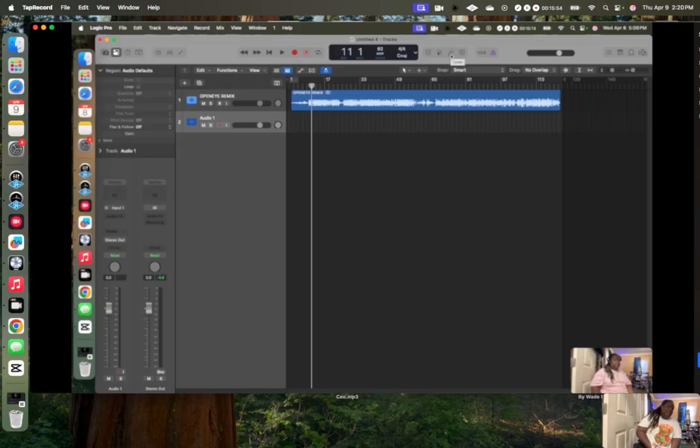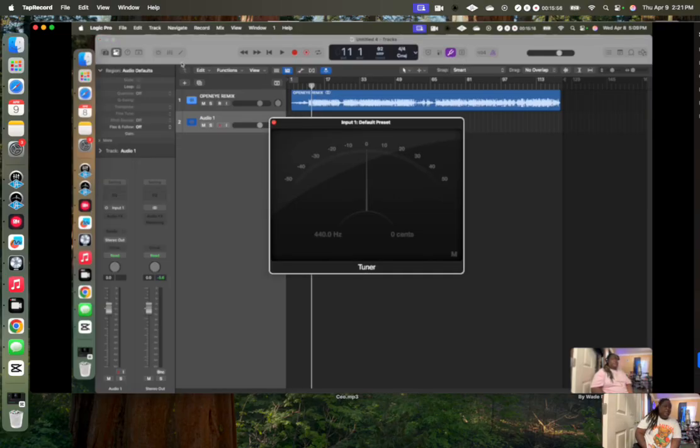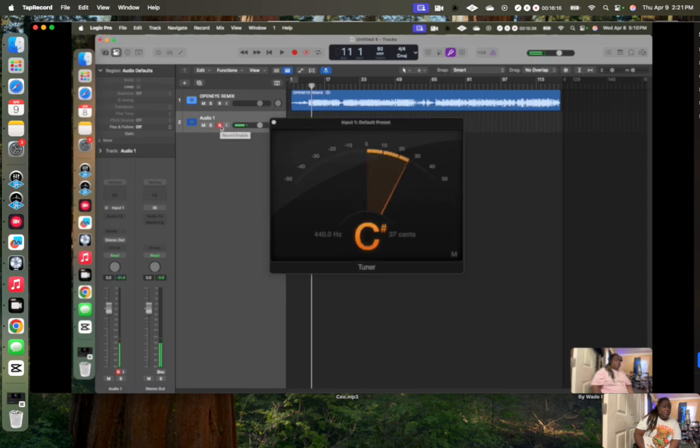Okay, right here I'm talking about pitch. You want to find the tune, the key of the song, and in order to do that, you listen to the song, and while you listen to the song, the microphone is active. Okay. Now we're going to do this. I'm going to hit this just to double check. That's the key of the song right there. Looks like the song is in the key of D. So, in order to place the key of D,